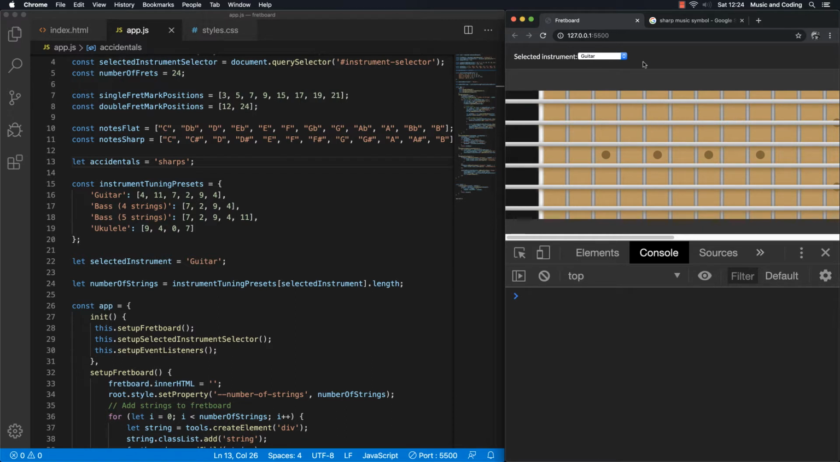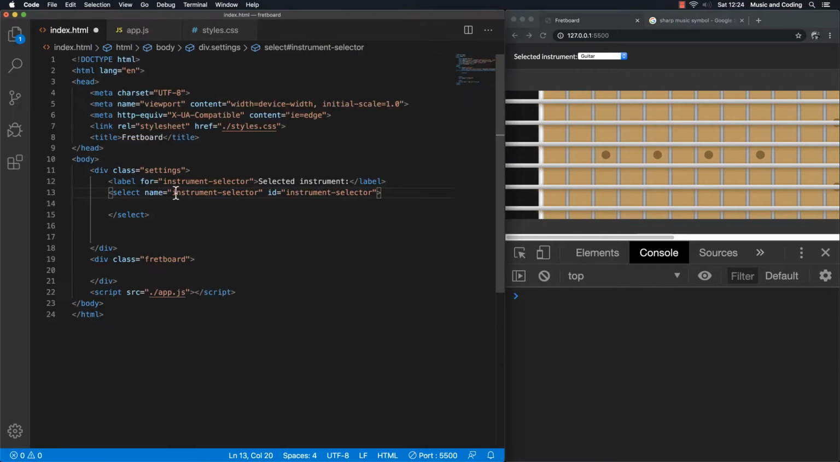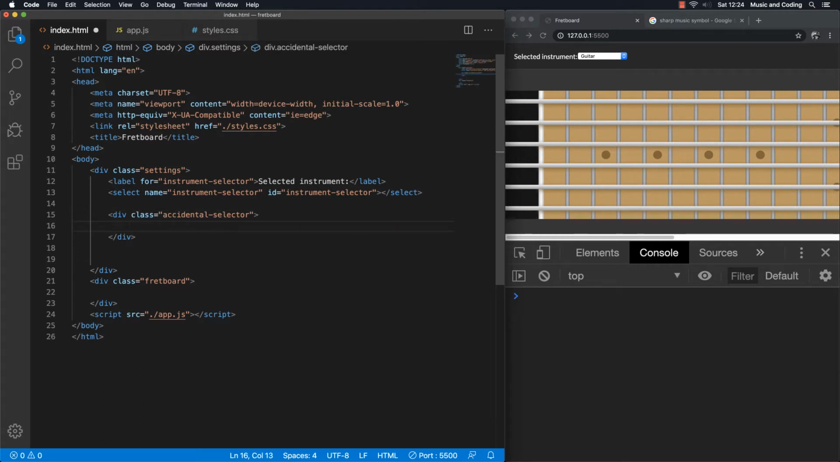But wouldn't it be nice if we could actually do that from the menu up here? I think it would. So over here in our index HTML, we should add, I'm just going to make this a little bit nicer, and I think I want to add it in a div of its own. So let me make a div and let's give it a class of accidental selector. Like that. And inside here we want to have an input